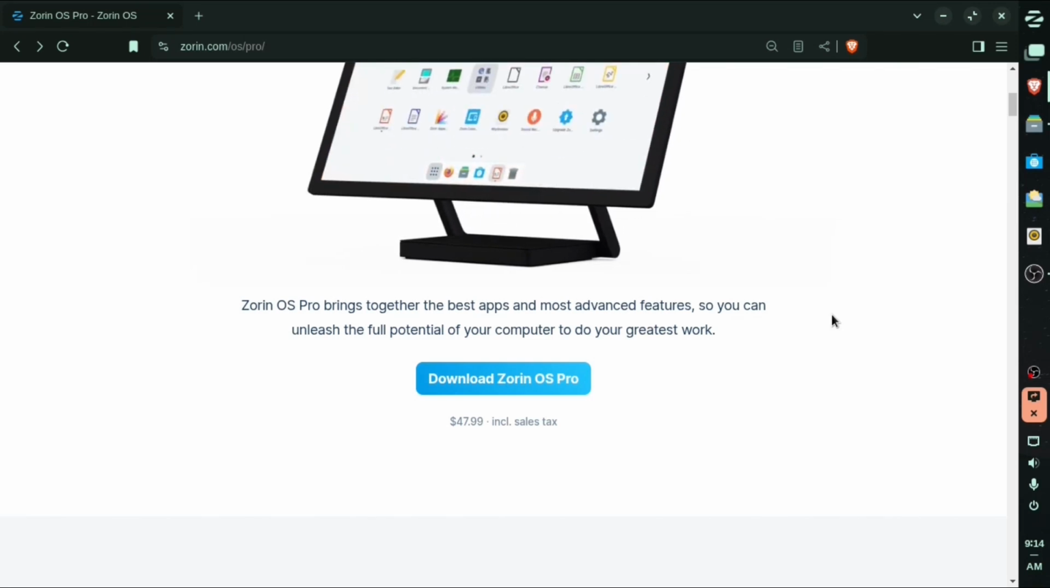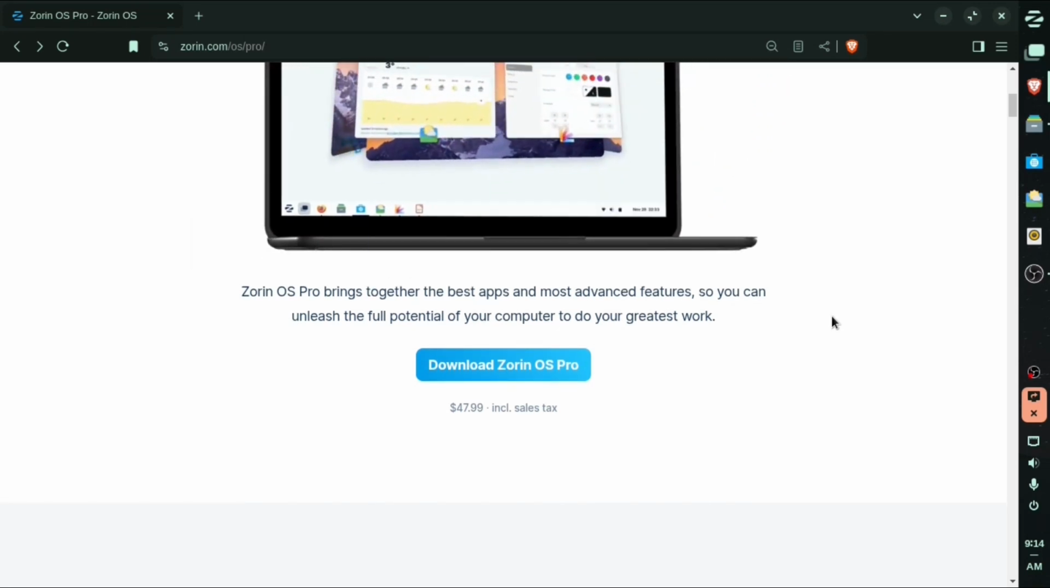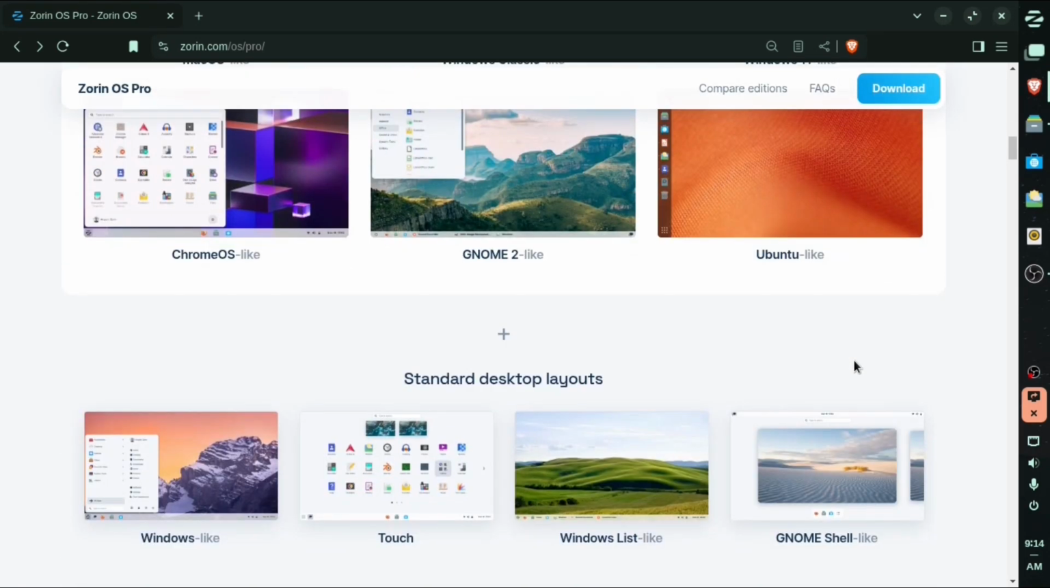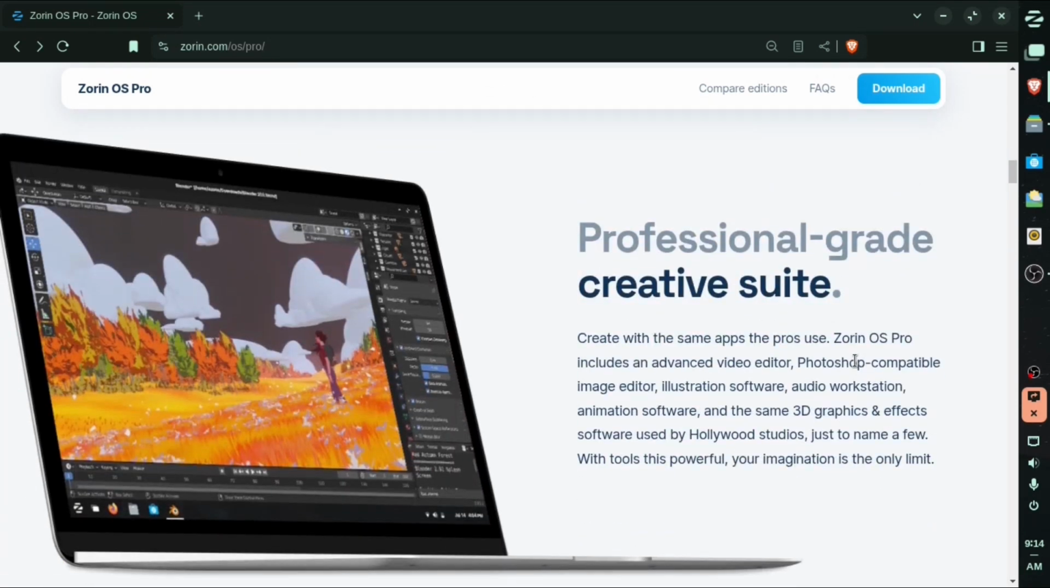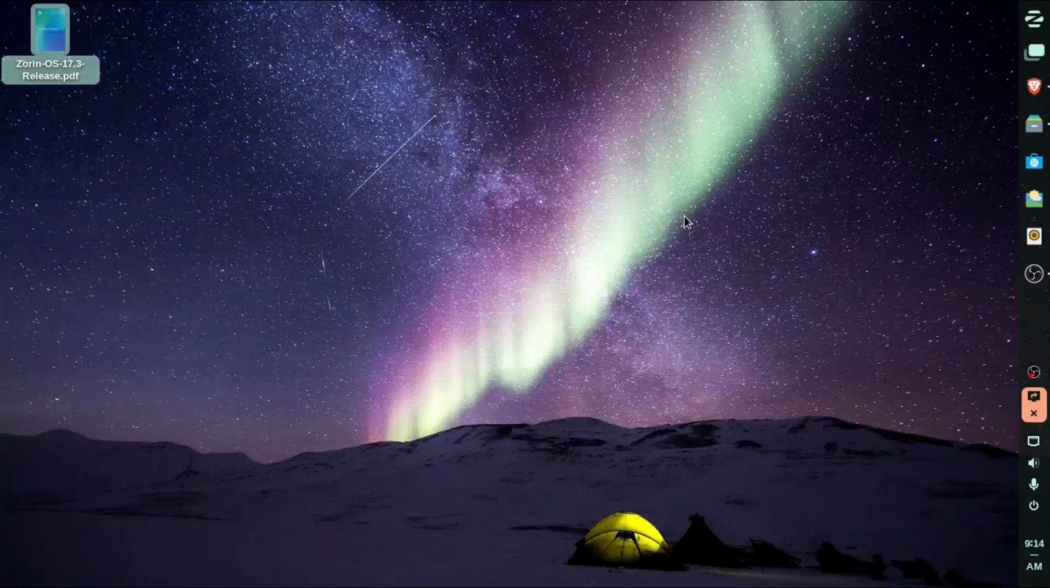Again, I am testing this on a PC that originally had Windows 7. Nothing fancy, and it still works. Alright, pick a desktop, any desktop. With the Pro version, you get more desktop layouts. I mentioned the expanded creative suite of apps with the Pro version, such as Photoshop compatible apps and audio workstation